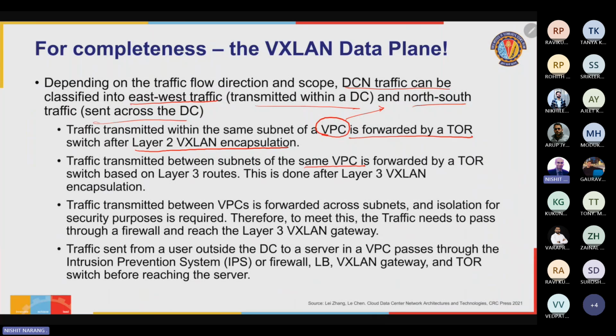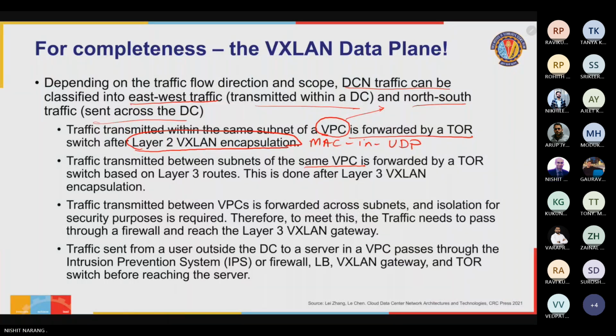But what did we learn in network fundamentals? One subnet is treated like an L2 switched domain. So I used layer 2 VXLAN encapsulation, which was the MAC-in-UDP we've been talking about so far. I take an L2 frame, encapsulate it into UDP, and send it over the layer 3 network of the